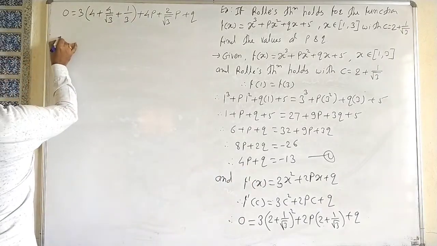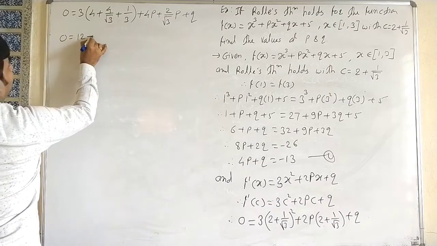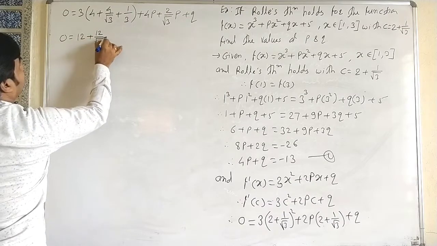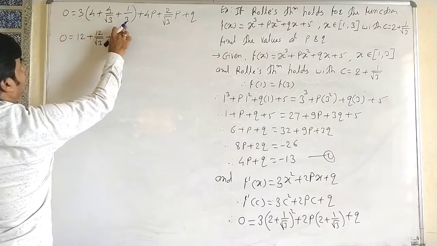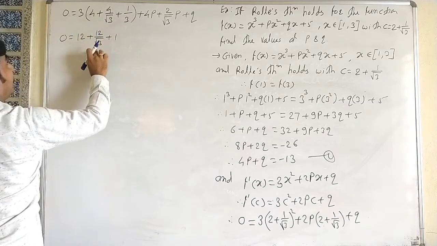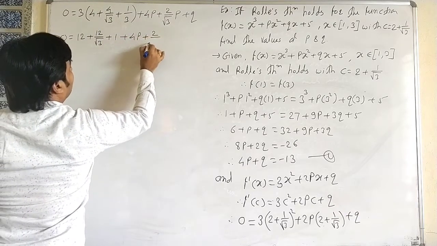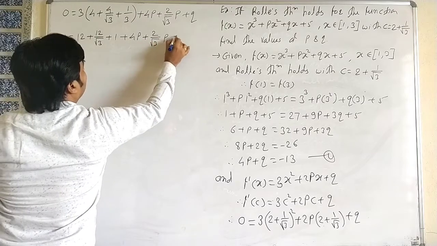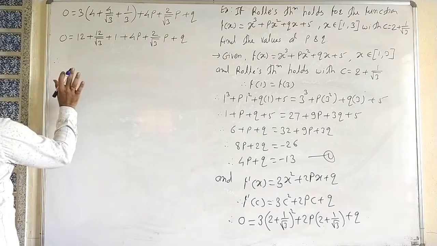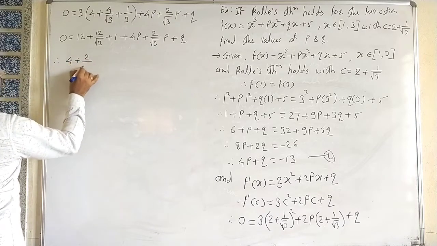Then again calculation, therefore 0 is equal to, after multiplying by 3, here 12 plus 12 by under root 3 and plus 1. Okay, here it is 12, it is 1 and it is 12 by under root 3 plus 4p plus 2 upon under root 3 p plus q. Now this is again one relation. Okay, therefore, it is p into 4 plus 2 upon under root 3